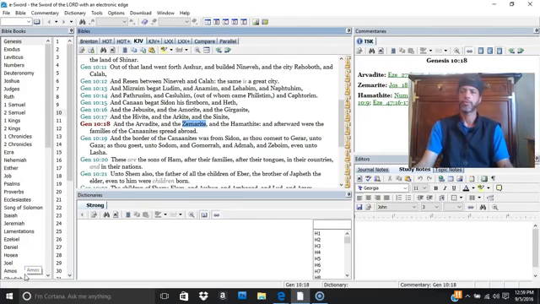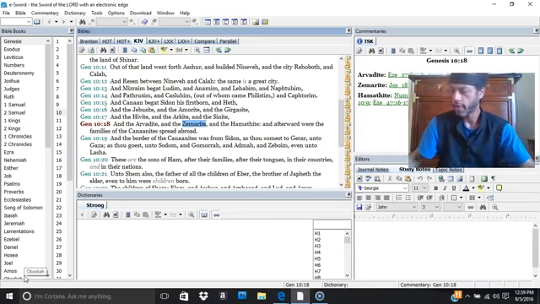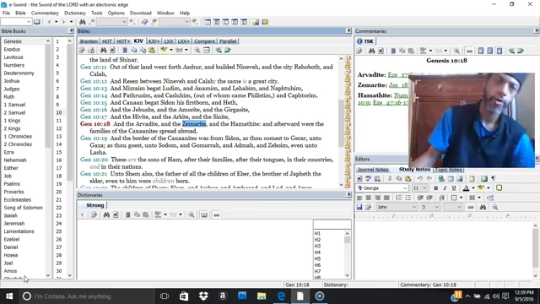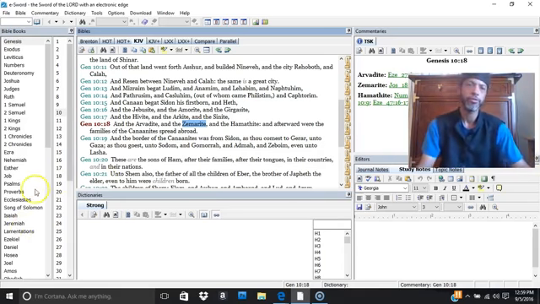What we're doing today is we're going over the Brenton Septuagint, discovering who the Canaanites are. In the Brenton Septuagint, we find out that they are the Chanaanites. We will be using the King James Version when we come to names that we cannot get any further with. Now, when we look at the King James Version, we are told of a people group called the